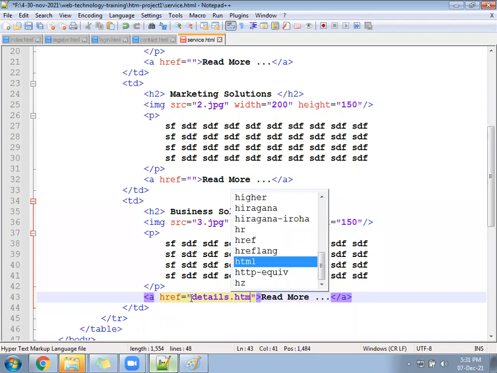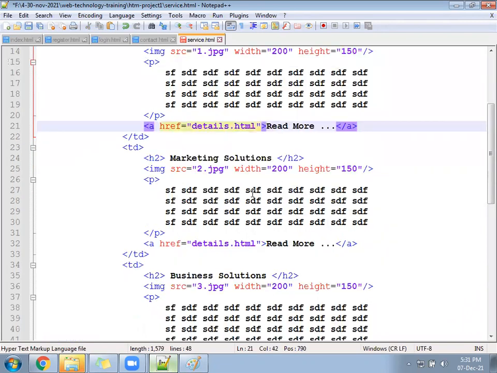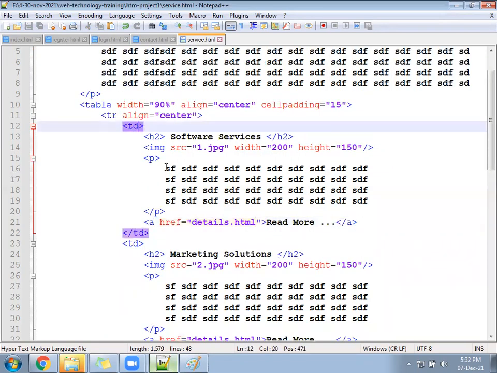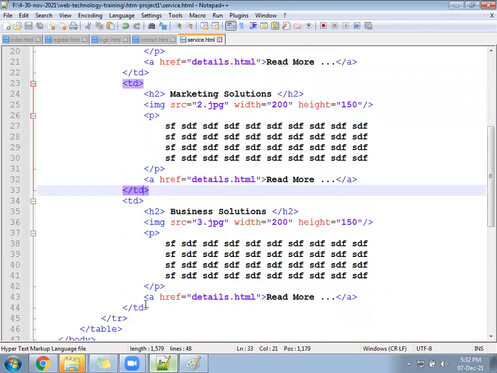In all 3 places, call the same file: details.html, details.html, and details.html. You can give that system to me.